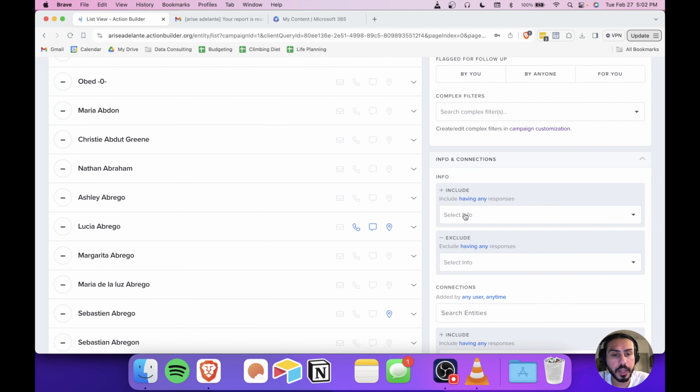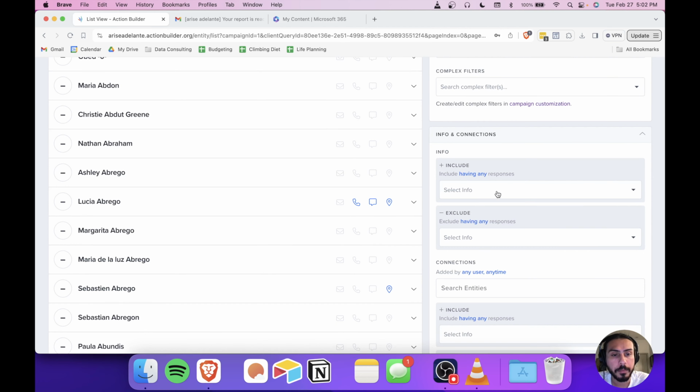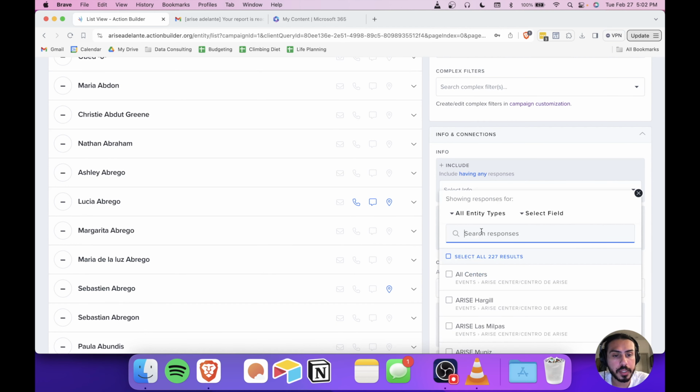We're going to use the info tab to narrow this down. And I'm going to use this little search bar to find those tags. So the first one is workshop. We know we need to find the workshops. We also wanted them to be environmental justice. And lastly, we only want to focus on